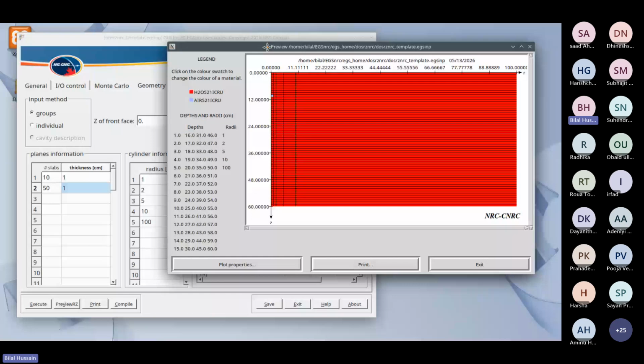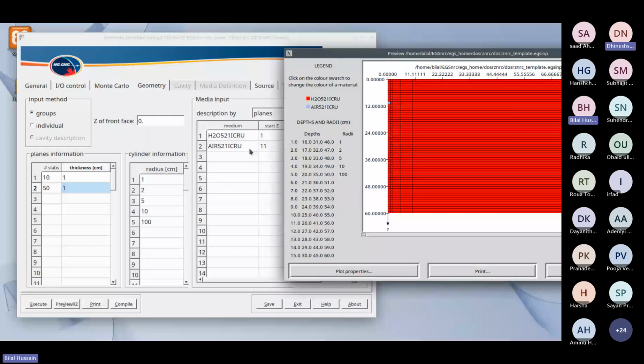Why do you want to make a radius? Because here I'm defining that all the